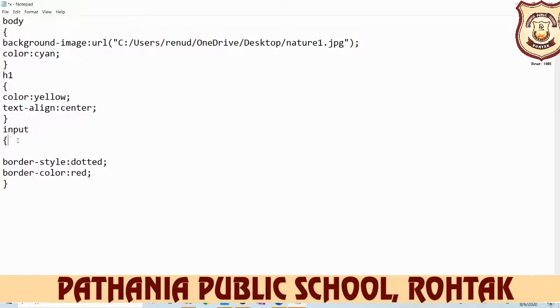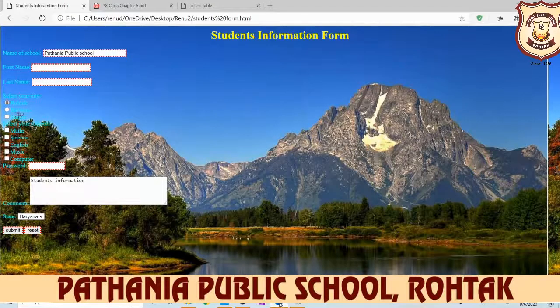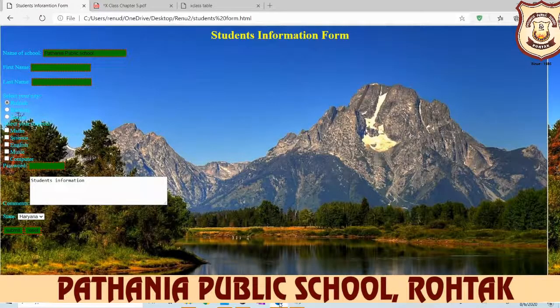So we write here background, colon, and for example we take green color here, so you write down green and then use the terminator. Then you save it, again open your browser and refresh it here. So you see the input box background color is green, border is dotted, and your border color is red.